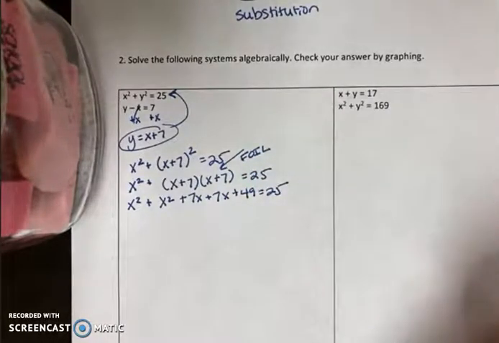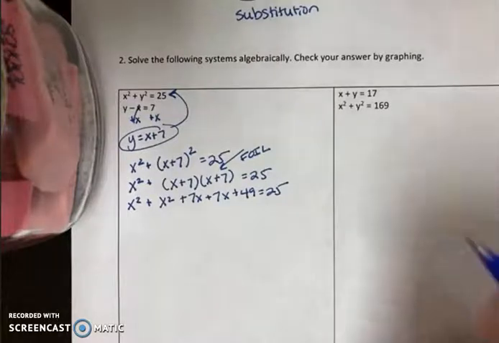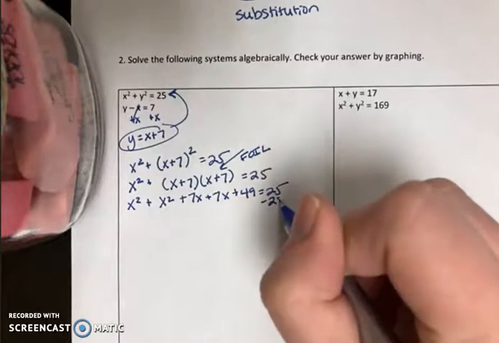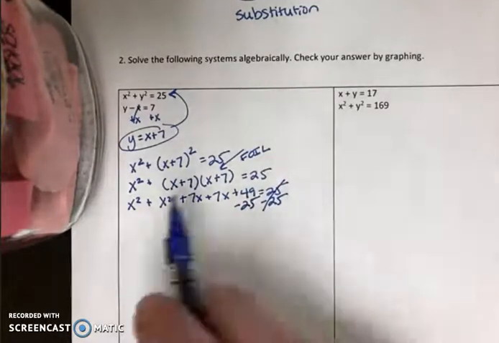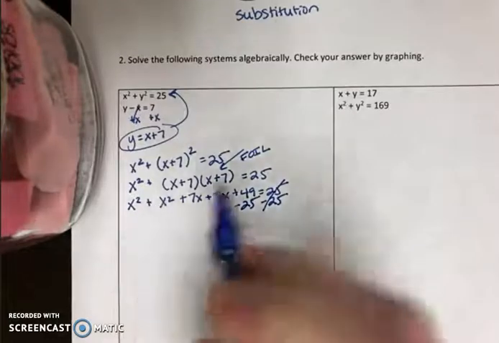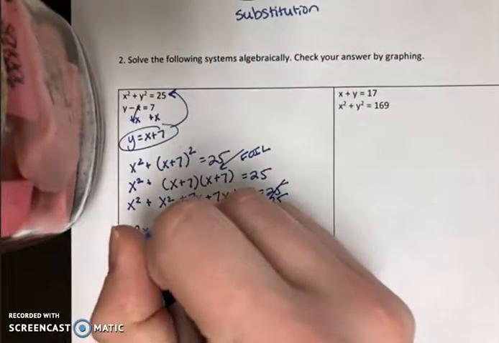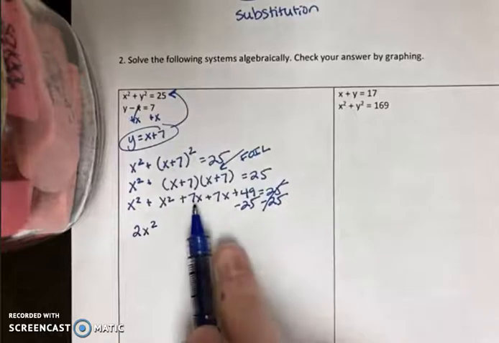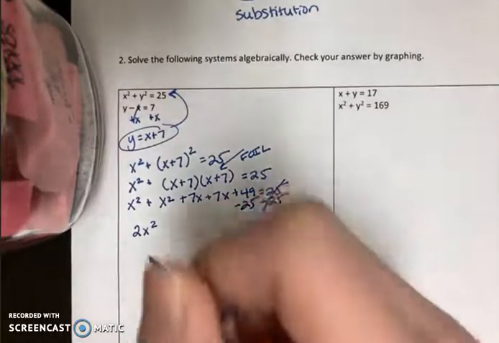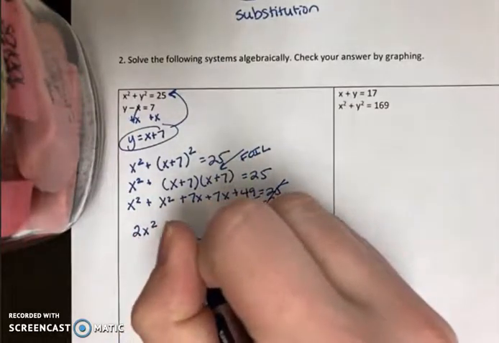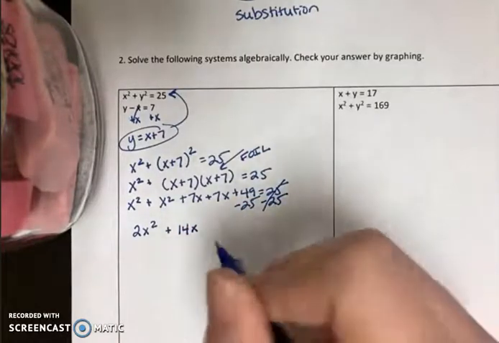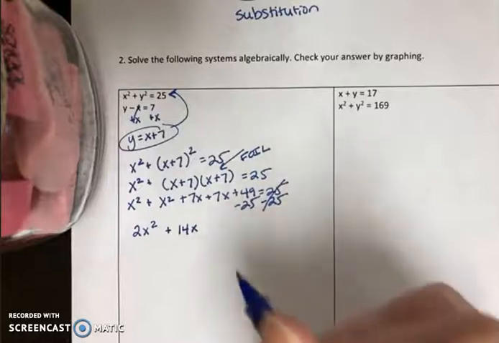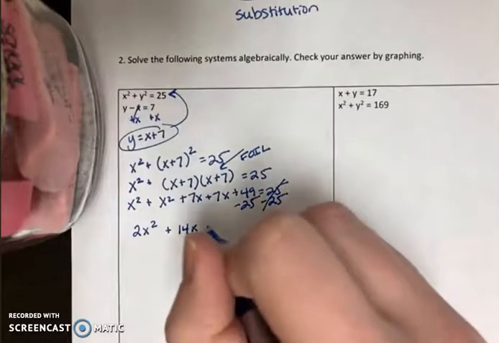Now we are going to combine like terms. Because it's a quadratic equation, you want to get it set equal to 0. So I'm going to move the 25 over and start combining like terms. 1x squared plus 1x squared is 2x squared. 7x plus 7x is 14x. And 49 minus 25 would be a positive 24